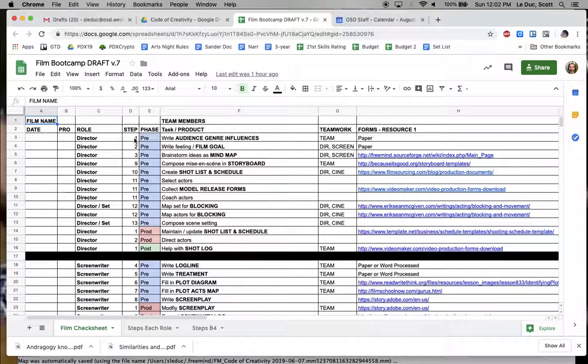And similar to what we've been thinking about with this flowchart process, but this is just another way to approach it. And I think this will be more constructive to get us to where we need to go. For instance, there's a lot you need to know about audience, genre, and influences, etc. And that will be in the flowchart with more details of what the options are for genres. What are film genres? So that won't live here. This just means that the student's going to go investigate, figure this out, and make a choice.